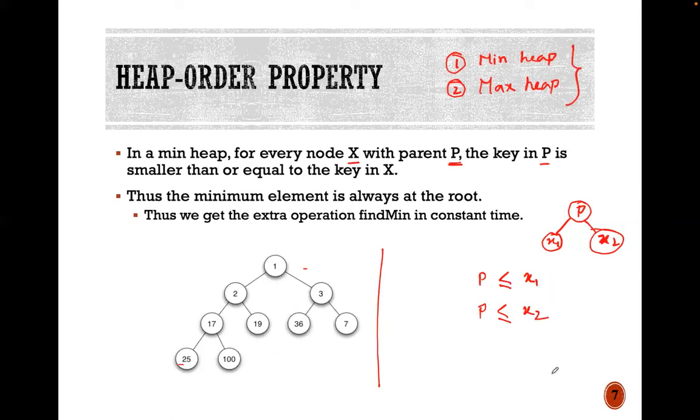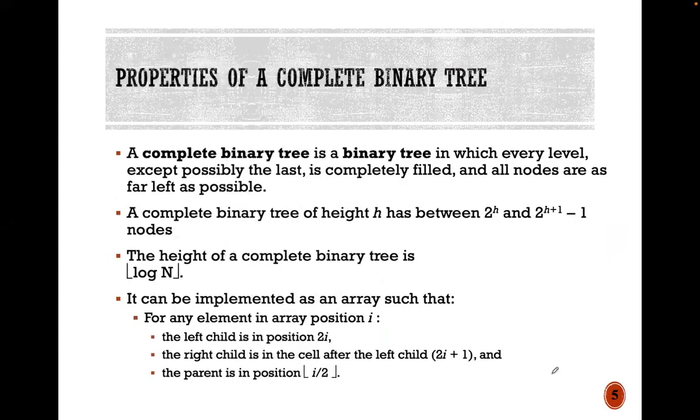Now let's look at some of the properties of a complete binary tree, because a binary heap is a complete binary tree. So some of the properties of a complete binary tree, we can actually use as properties of a heap also. And this is going to help us with the implementation of our heap data structure. So we know that a complete binary tree is a binary tree